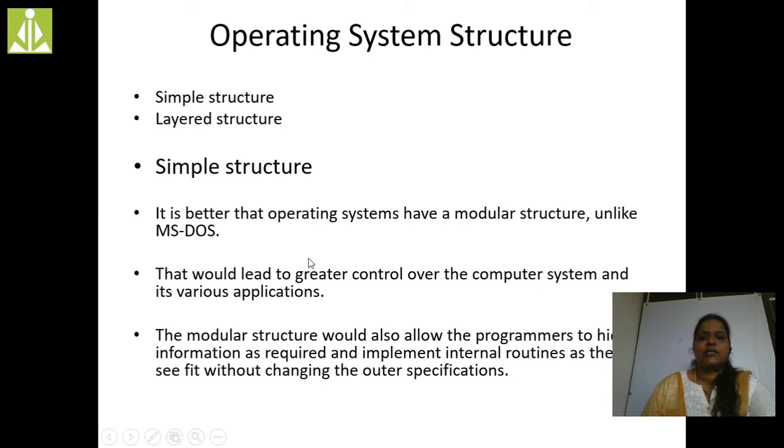The first one is the simple structure, and the second one is the layered structure. The simple structure, like the MS-DOS structure, we call a simple structure. The modular structure also allows the programmer to hide information as required and implement internal notice.